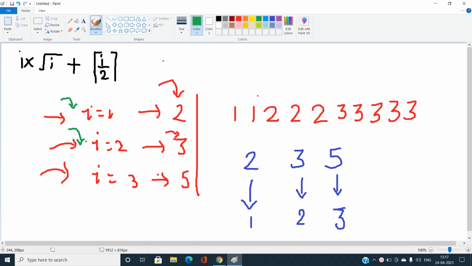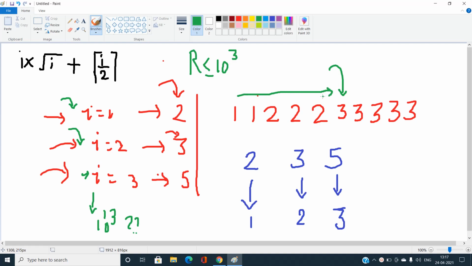Now you should think: how much will I vary? Will I vary up to 10 power 13, or what? You don't know, but you are aware that R that is given to us will at most go up to 10 power 13. R is basically what? If you have been given R like this, you can easily think that R is basically the prefix sum of the number of times a particular integer occurs.